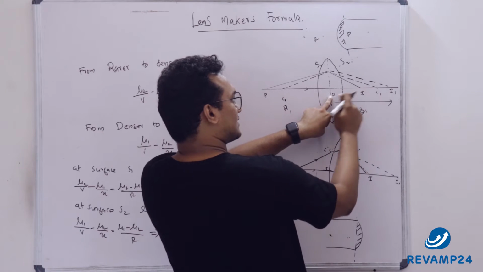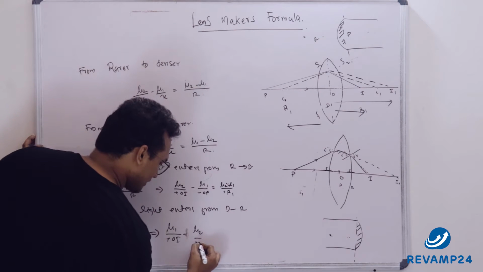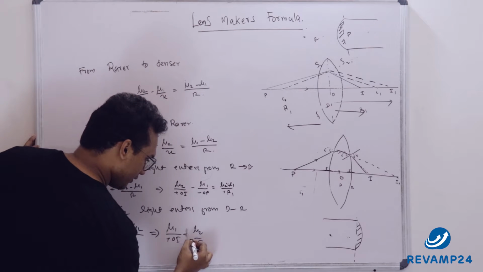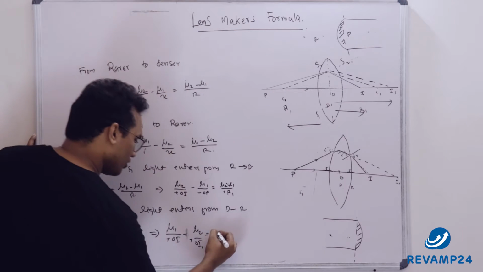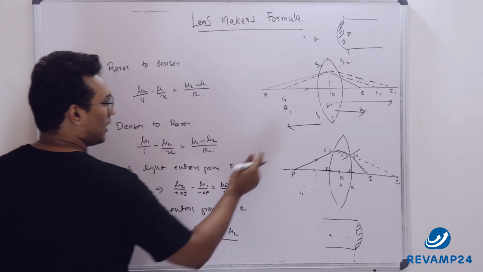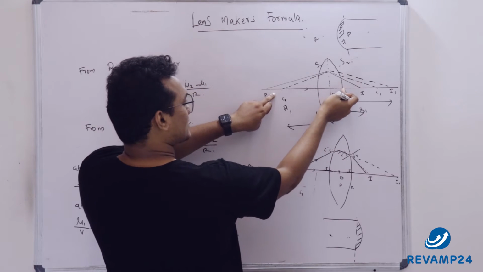My object is here itself, and that is also measured in the rightward direction, so that is plus OI1, is equal to mu1 minus mu2 divided by R. For the second surface, my radius